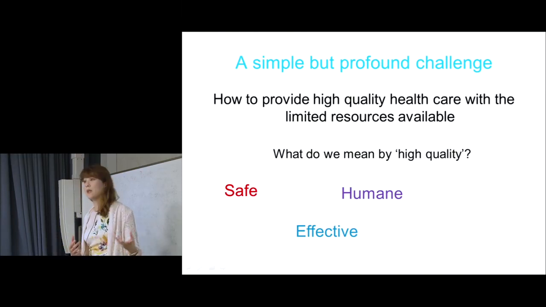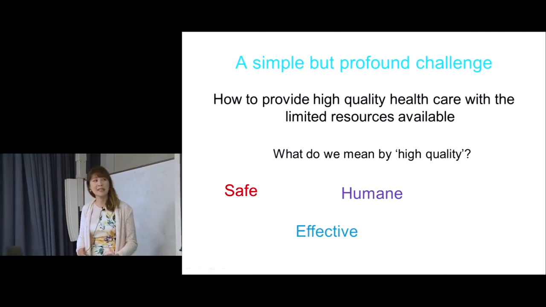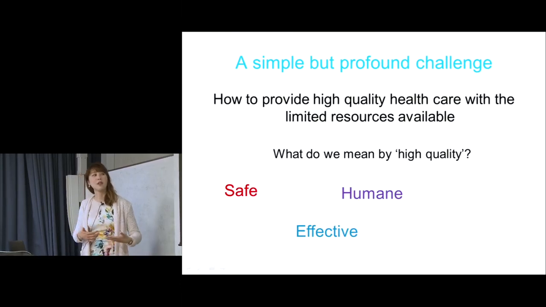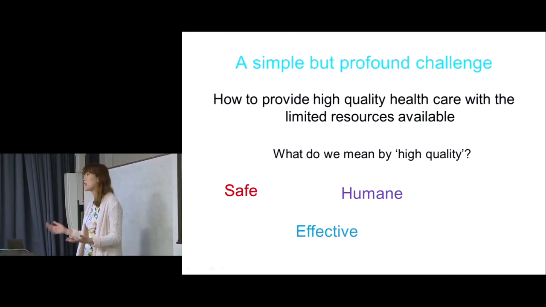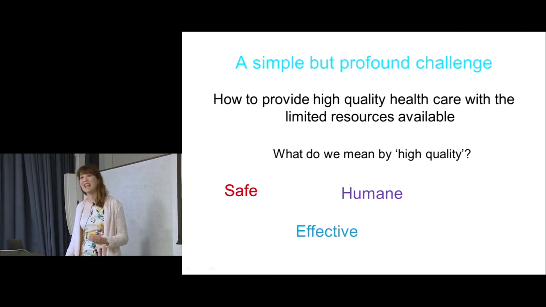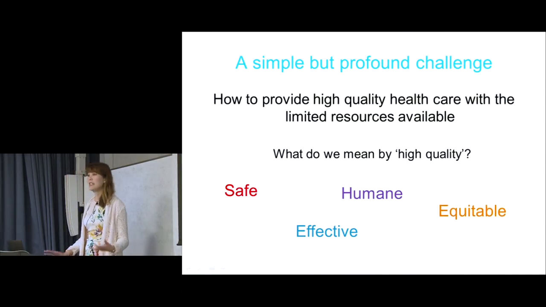In England, we look at patient experience. That is a form of how the services are treating people, whether or not they're getting the food, the treatment, whether they're being covered up when they're being examined, and not exposed unless they are being examined, being treated with dignity. So that's humanity. WHO calls it responsiveness. So they call it different things, but essentially it is, if you were the patient, how would you expect to be treated? And so, very important. These three are probably universally accepted as dimensions of high quality care. And then there's a fourth one, which is equity.